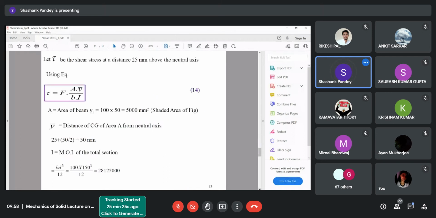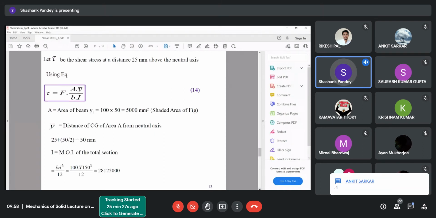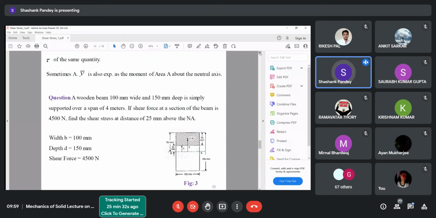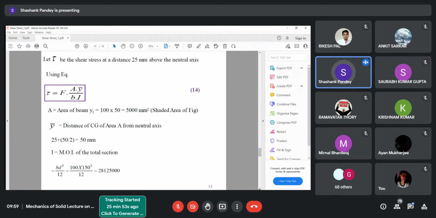So y bar is nothing but, above this, we need to calculate above this, your above this is 25 mm. You have to calculate the shear stress. So y bar, if you carefully look into the figure, will come out to be 50 mm, and based on this we can calculate your this